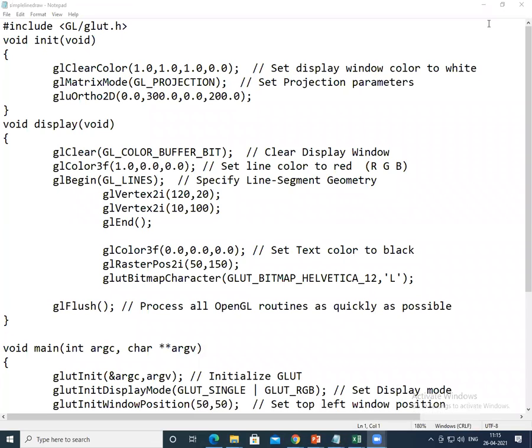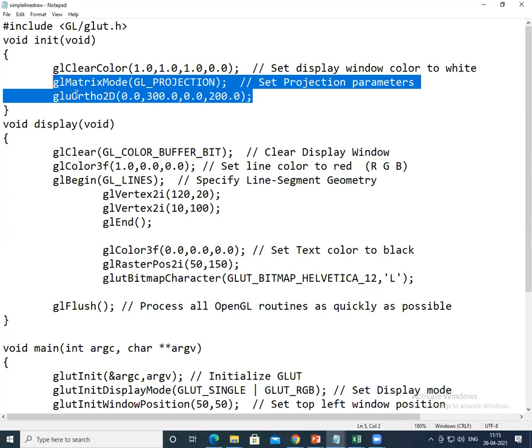So those who have installed OpenGL are requested to execute it and analyze the program so that you find it easy when we go for further programs. So just see here, all of you, the same program that I explained. The init function initializes a few concepts, that is clearing the color, setting the display window, and setting the projection matrix, which is mandatory always, without which you may not be able to execute the program.